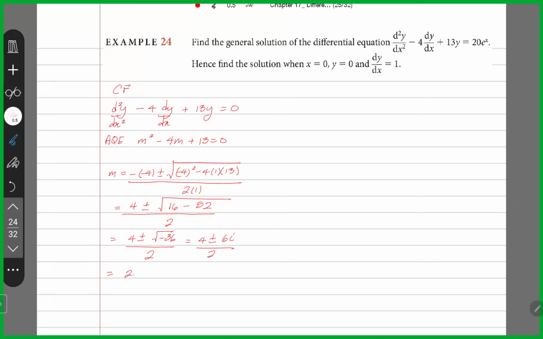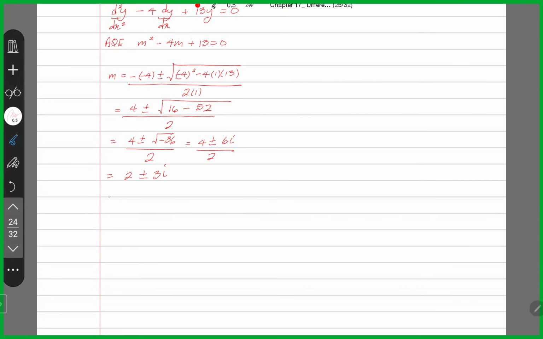This is 2 plus or minus 3i. So therefore, the complementary function would be y is equal to e to the 2x, open bracket, a sine 3x plus b cos 3x,